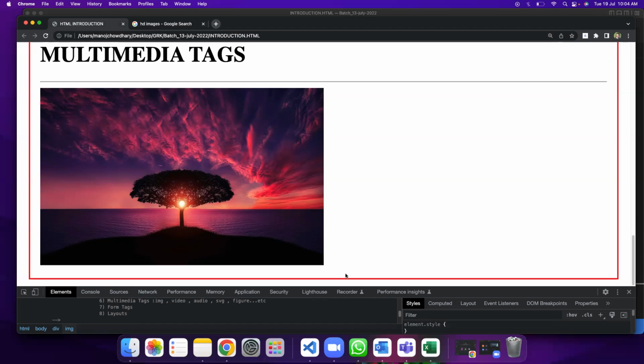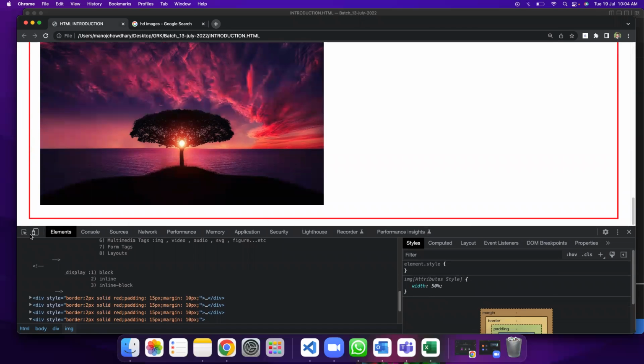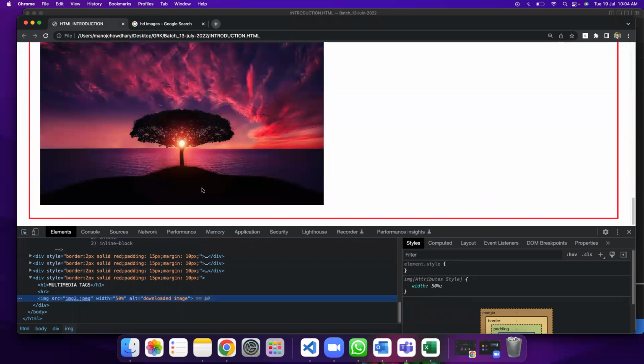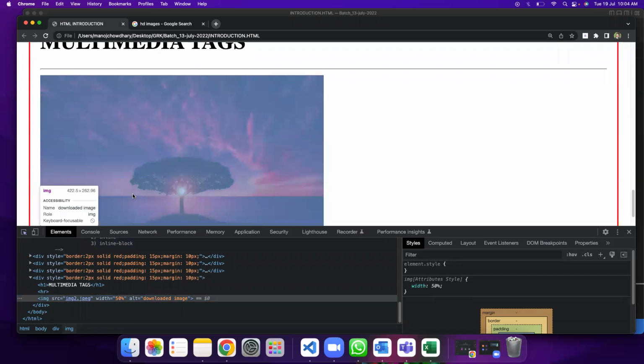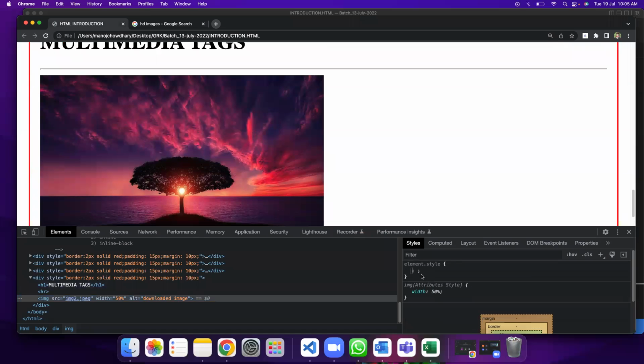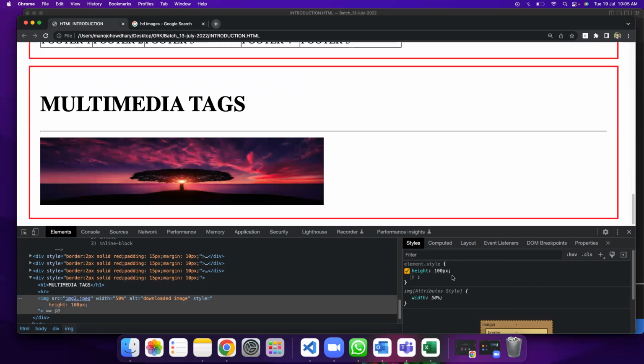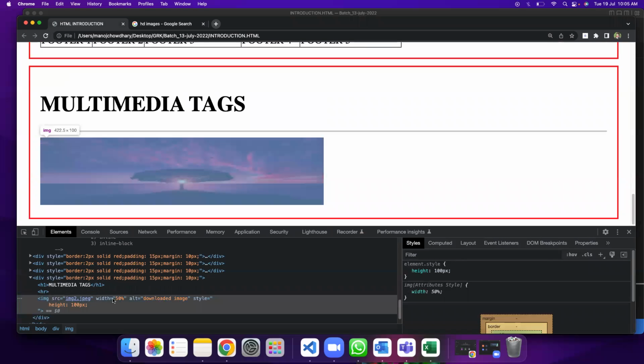For example, for this element, if I give some height, so now what is the height? The height is 262, right? So let me give a height of 100 px. So now if you see, I gave width as 50% and height as 100 px. Now, is the image coming in a proper way? No, right? Because it is getting compressed. Width is 50%, which is too big, and height is very less. But if I remove this 50% width here,